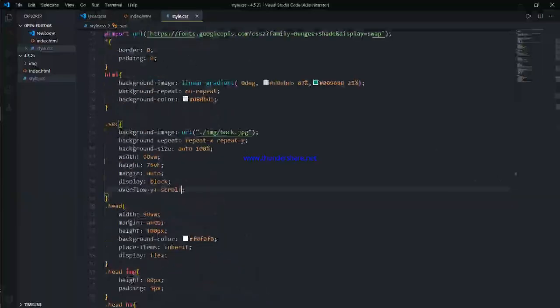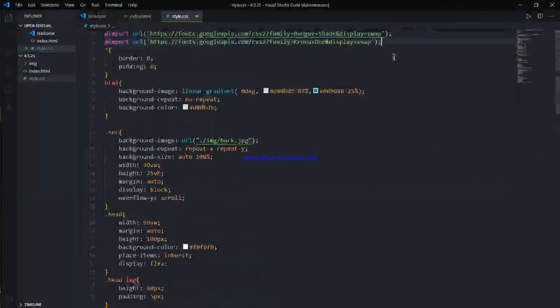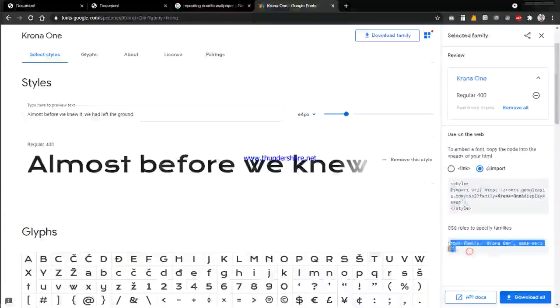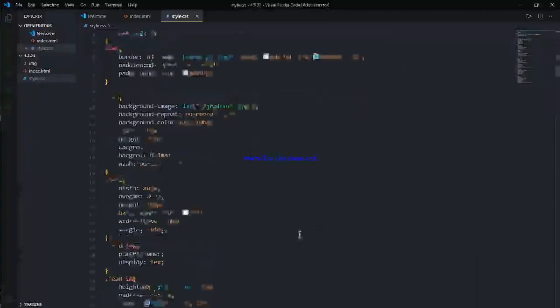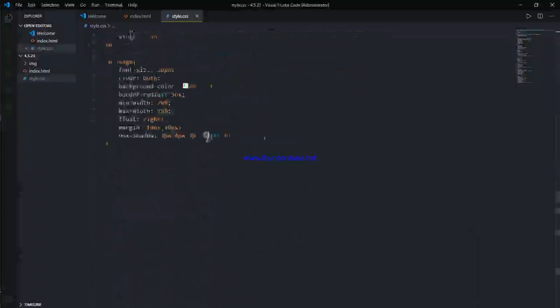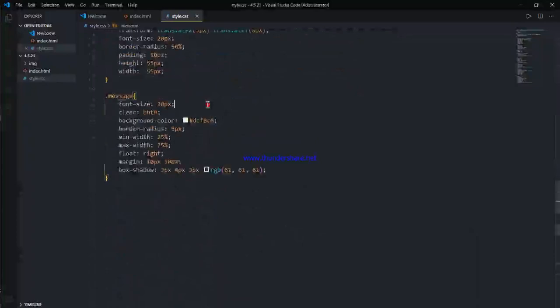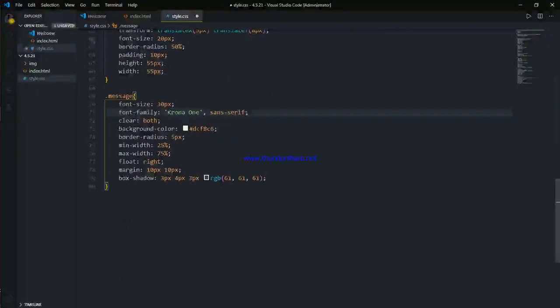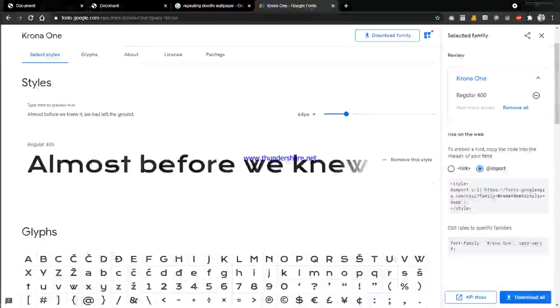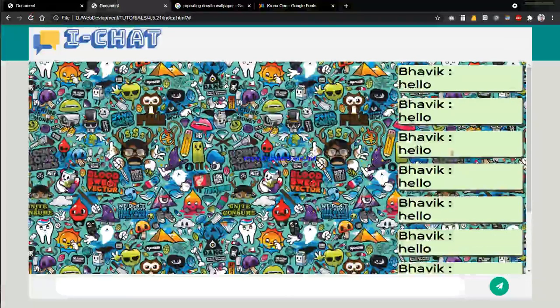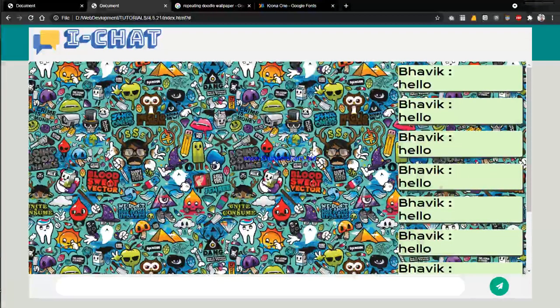So I will copy this one, it doesn't matter, it works on both. Paste it here, and it gives us a line of code which you can just paste anywhere and change its font type. So I will paste it here, save it, and here it is. You can see it works like a charm.